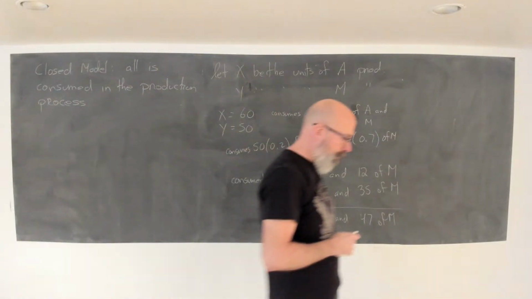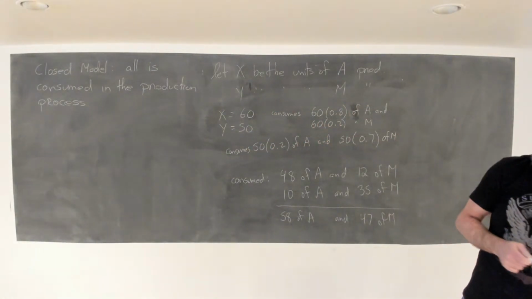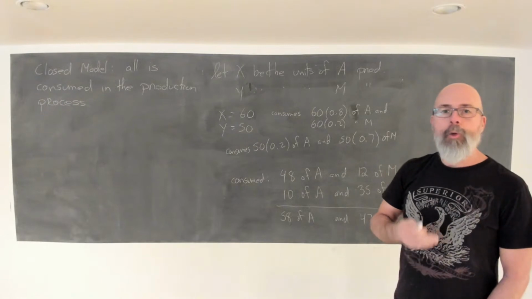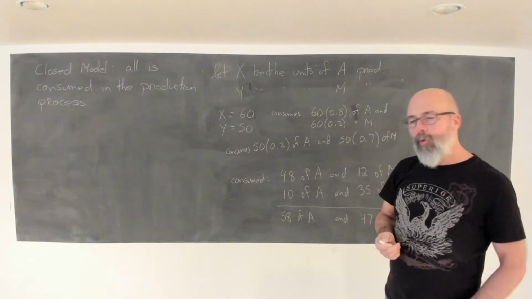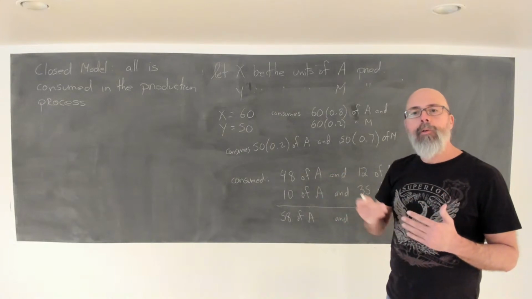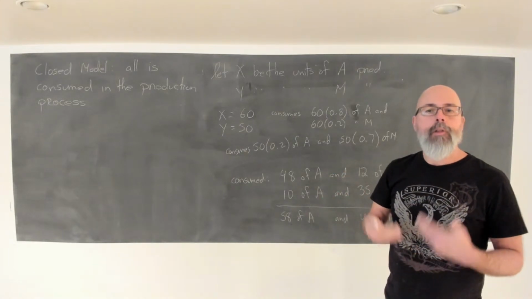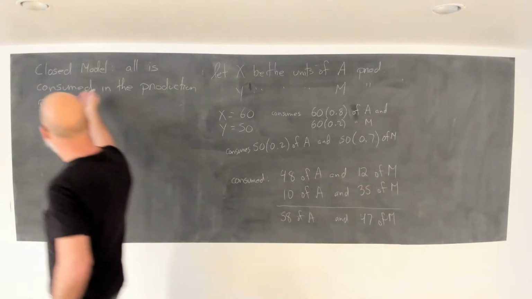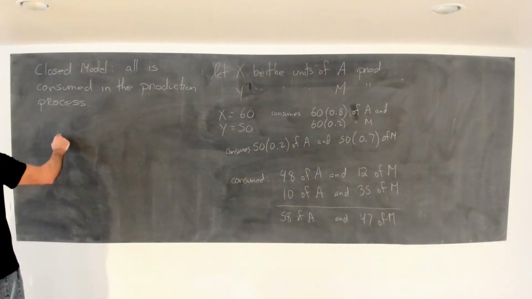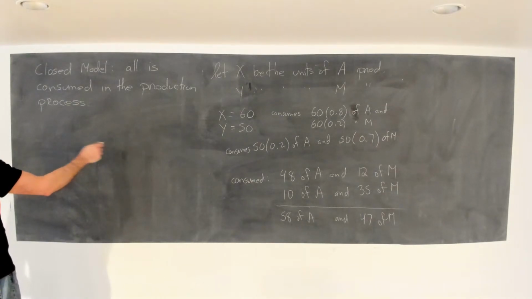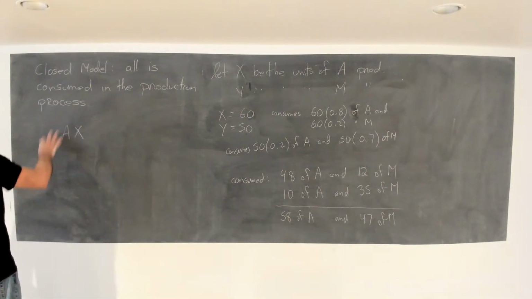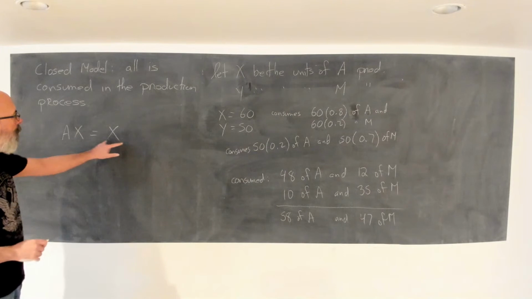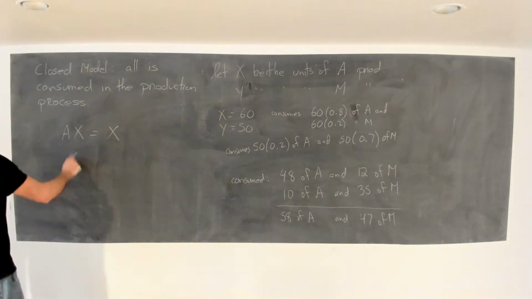Imagine a scenario where everything is consumed in the production process. Nothing is left over to meet an external demand. So that cannot be the question. Rather, the question becomes, what is the ratio of goods that need to be produced? If all is consumed in the production process, if A is the internal consumption matrix, then everything that is produced is eaten up. Or if you bring this to the other side,